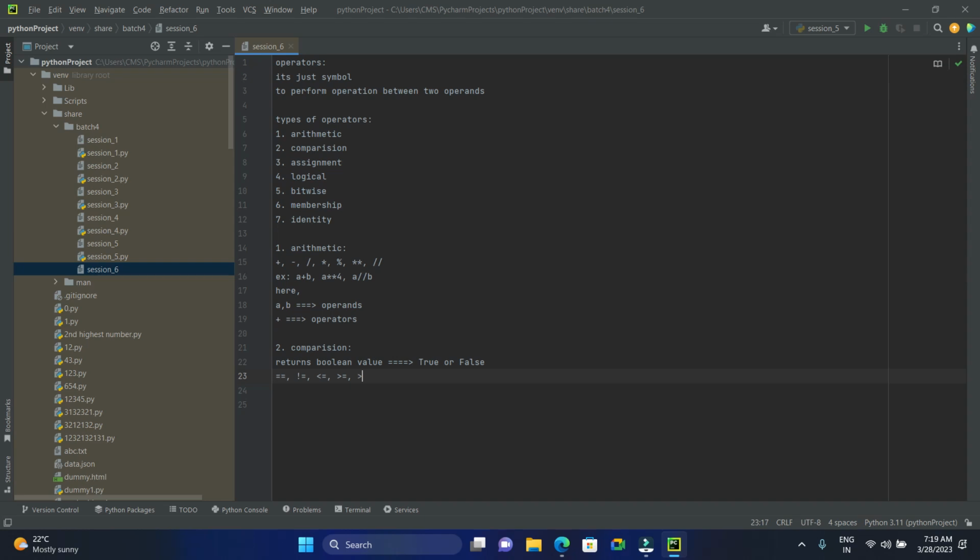Next, greater than operator, direct. If the first operand is greater than the second operand, then the condition becomes true. And the last one, less than operator. If the first operand is less than the second operand, then the condition becomes true. Okay. Examples: